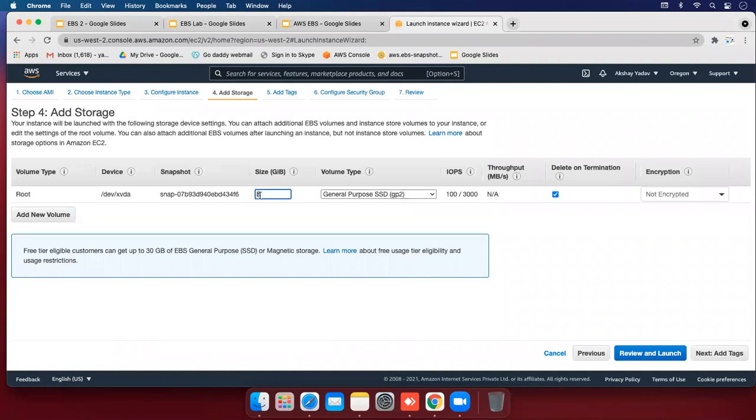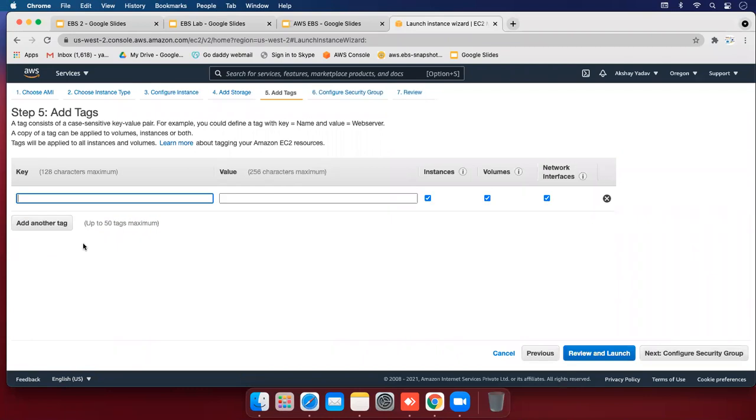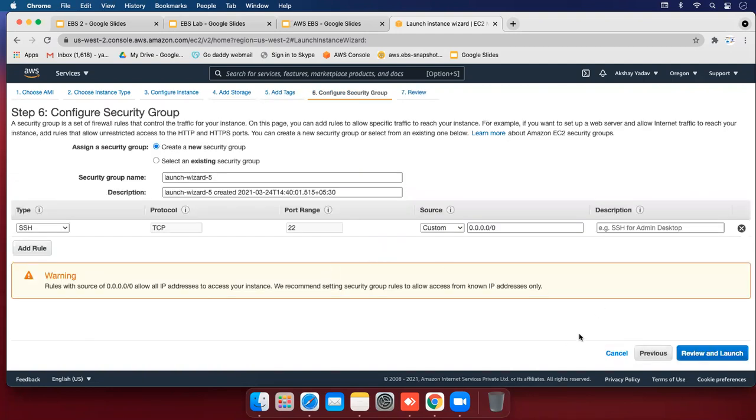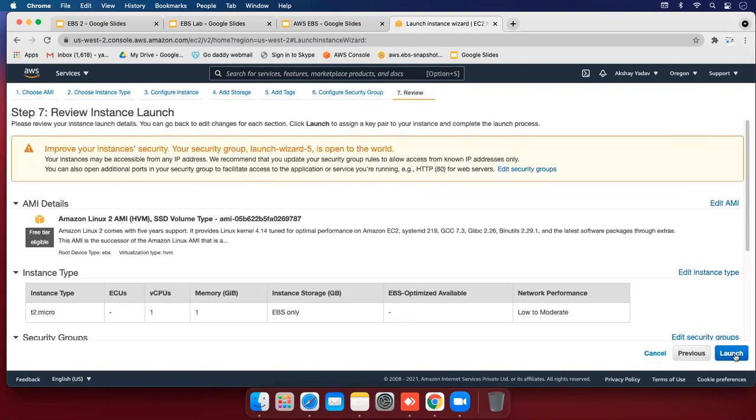Add storage, I'm going to create 10 GB here, and select delete on termination, next, add tags. I'm going to create a developer tag, key value is Name, and the value is developer. I'm going to create one instance for developer, next, next, and launch.